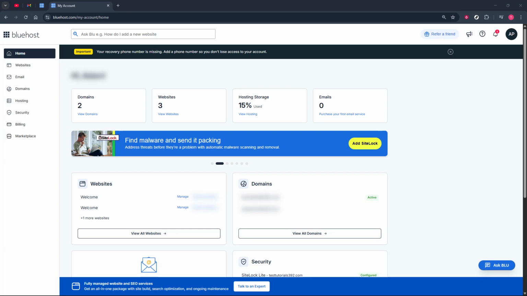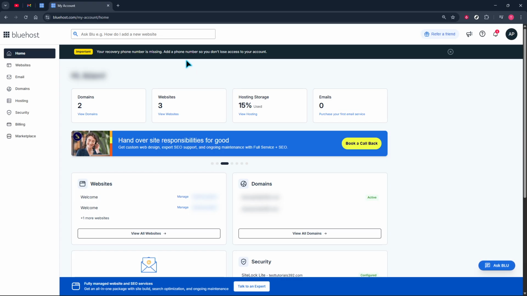In today's video, I'm going to teach you how to FTP your website on Bluehost. FTP, or File Transfer Protocol, lets you upload, download, and manage your website files directly between your computer and your hosting server. It's especially useful for moving large files, installing themes or plugins manually, and fixing issues right on the server. On Bluehost, your main website files typically live in the public HTML folder, which is what visitors see when